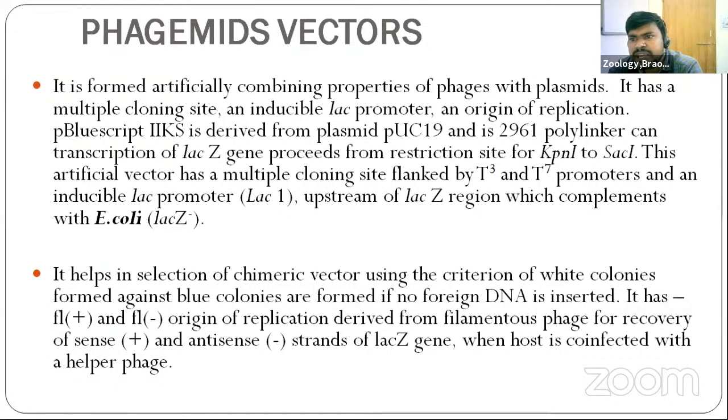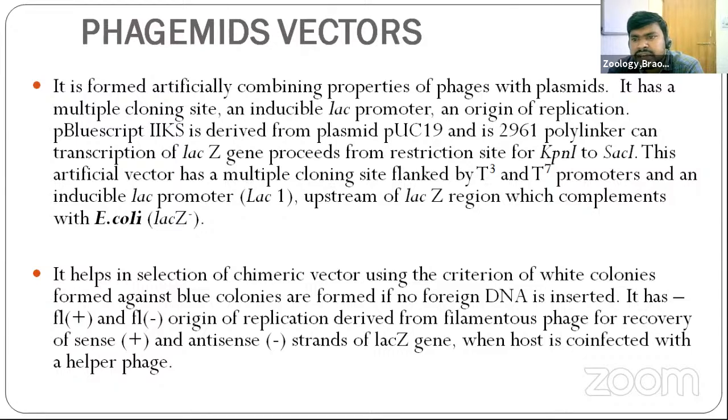These are names of the plasmids. The polylinker's transcription of the lac gene proceeds from the restriction site for KpnI to SacI. So this artificial vector has multiple cloning sites flanked by T3 and T7 promoters and an inducible lac